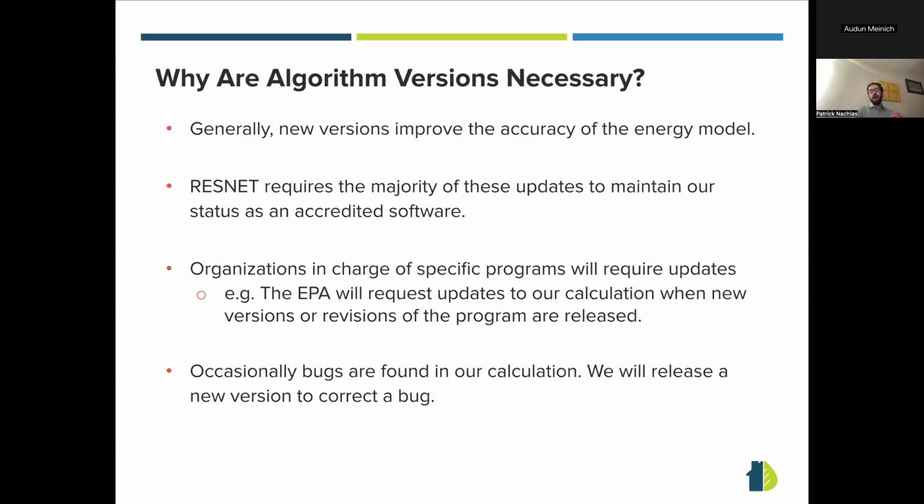So why are algorithm versions necessary? This is like version 5.2.2, I think is what we're on right now. There were a lot of new versions released last year. Generally speaking, new versions improve the accuracy of the energy model. They make the algorithm, the math calculation that determines compliance, more representative of reality. That's generally true. Almost all of these updates are required by ResNet for Ecotrope to maintain our status